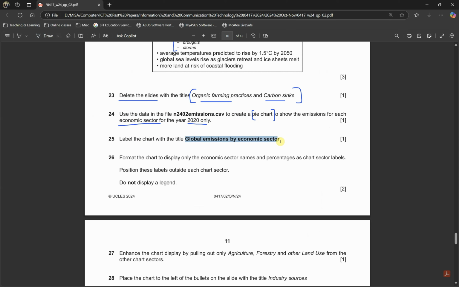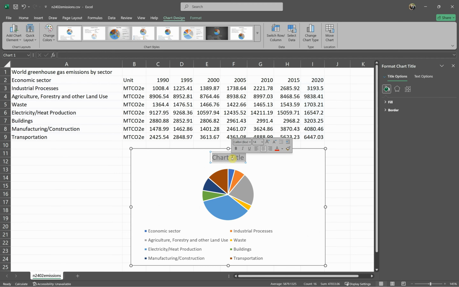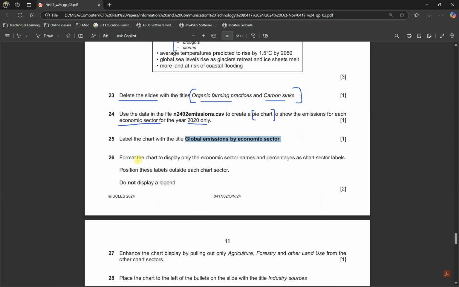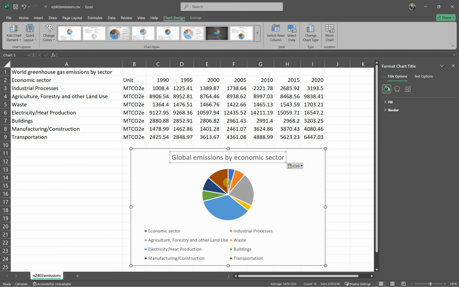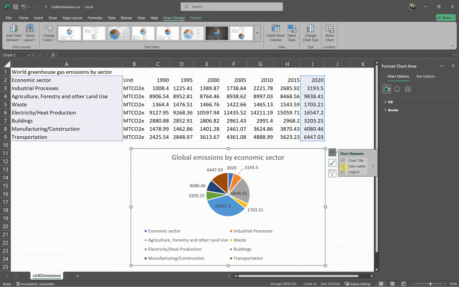So you need to type it and be careful about spelling, capital letters, global emissions by economic sector. And then format the chart to display only economic sector names and percentages as the chart sector labels. Okay, so we need to go and show only the economic sector names and their percentages. So we need to show here the names. For that, let's go over here. Let's click on data labels,